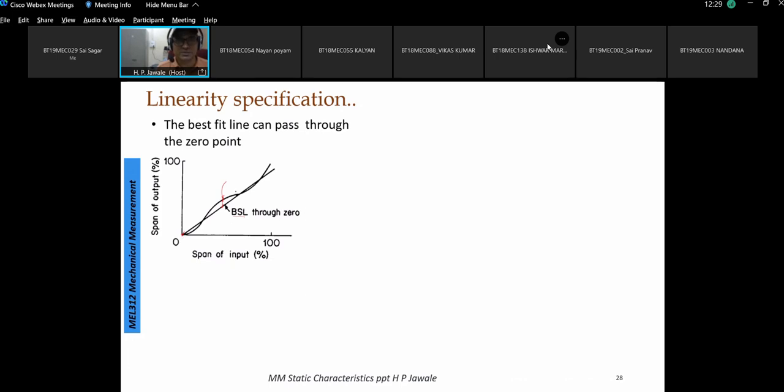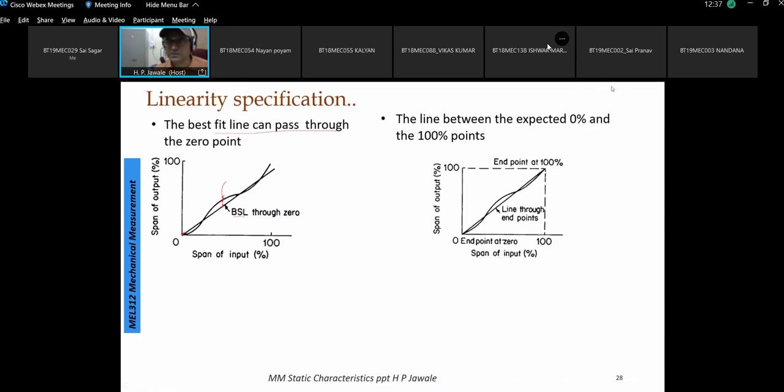The first line is passing through zero, the best fit line can pass through zero. Second, the line can be between the expected 0% and 100% points. So irrespective of the readings in between, I'm going to take the very first reading and the last reading, and draw a straight line in between them. So in this condition,